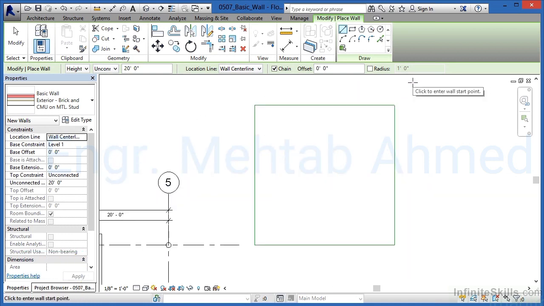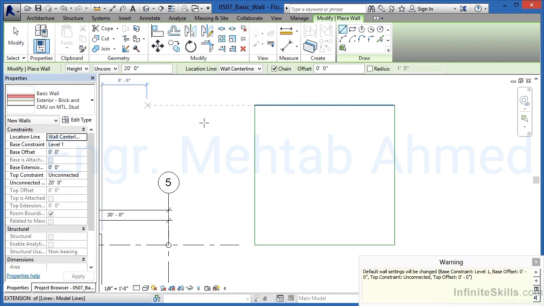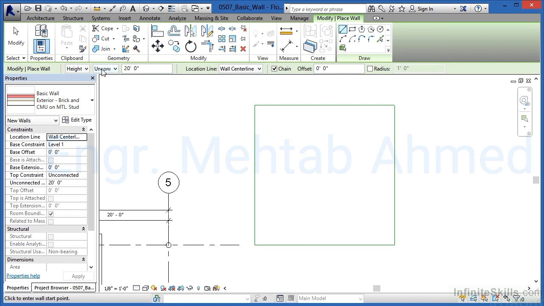Click on that to select it, and we're going to draw that in where these green lines are at. Zoom in so that you can see each of those green lines. Make sure that the height up here on the options bar is selected. If you chose depth instead, the walls would go down. Because height is selected, the walls will go up. This warning message is just because I changed from height to depth and back to height again. Where it has unconnected, change that to be level 3. If we left it at unconnected, we could have typed in the exact height we wanted the wall to go to. By telling it level 3, it means that these walls are going to go up to the level 3